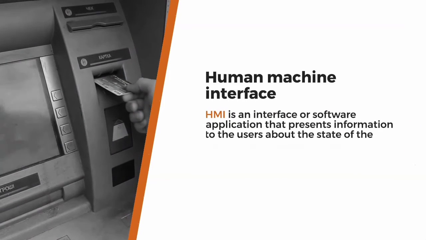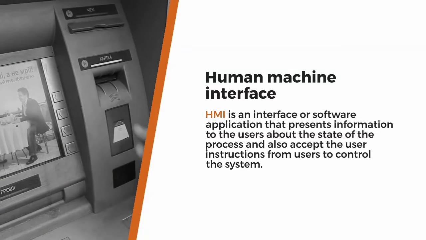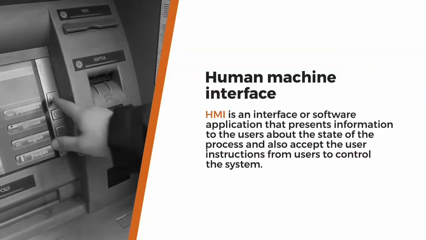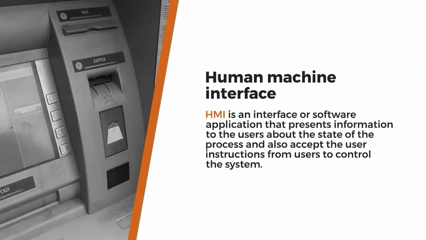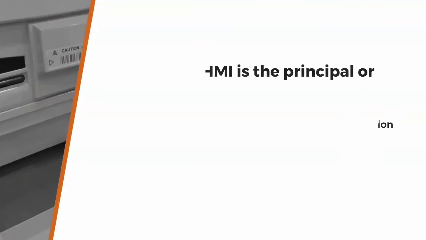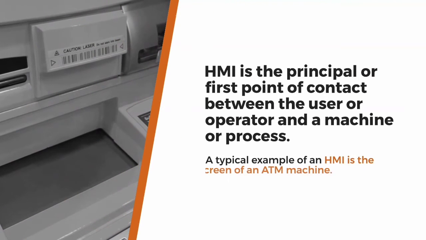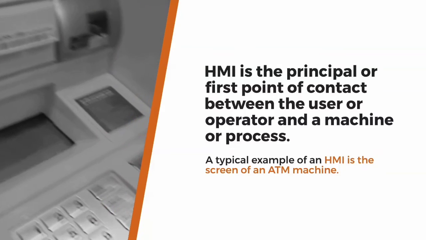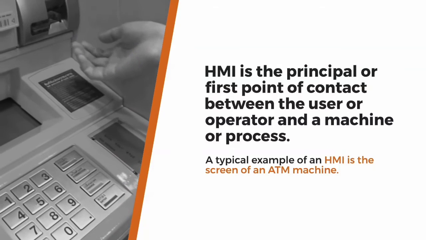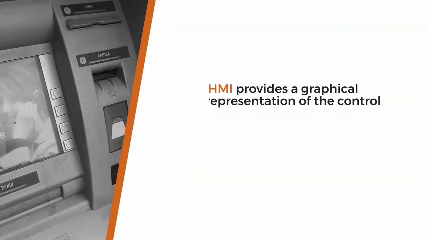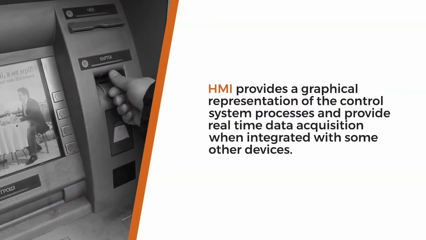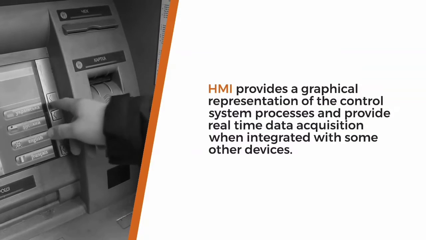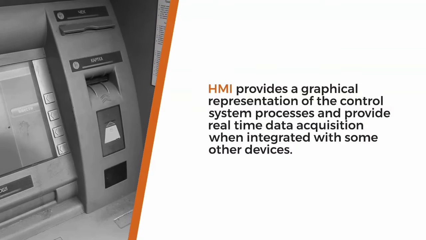Human-machine interface. HMI is an interface or software application that presents information to the users about the state of the process and also accepts instructions from users to control the system. Human-machine interface is the principal or first point of contact between the user or operator and a machine or process. A typical example of an HMI is the screen of an ATM machine. HMI provides a graphical representation of the control system processes and provides real-time data acquisition when integrated with some other